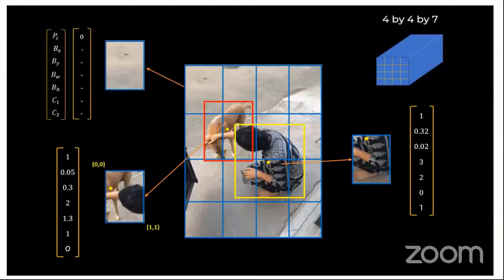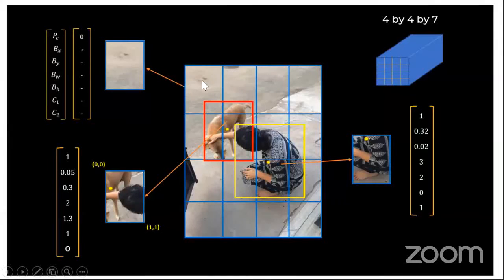Okay, so let's say there are... how do you label these things? How do you have these vectors? So what you have to do is divide your whole image into grids. Now these grids, whatever given here, are 4x4. You can have multiple grids here, 16x16 as well, or 9x9. It's your choice. And for each grid, you have to create this kind of vector.